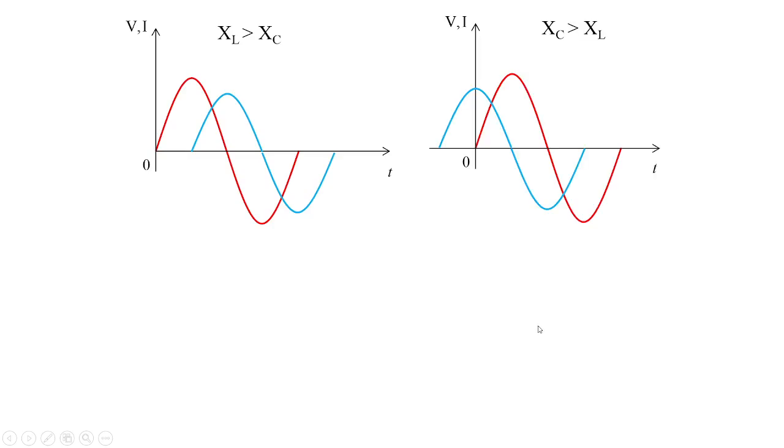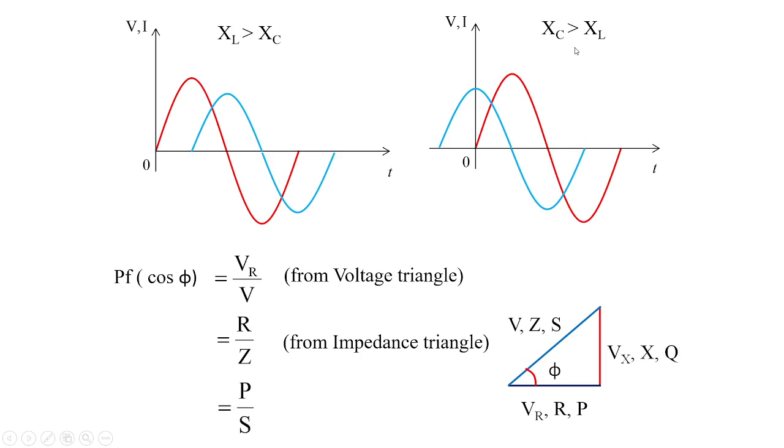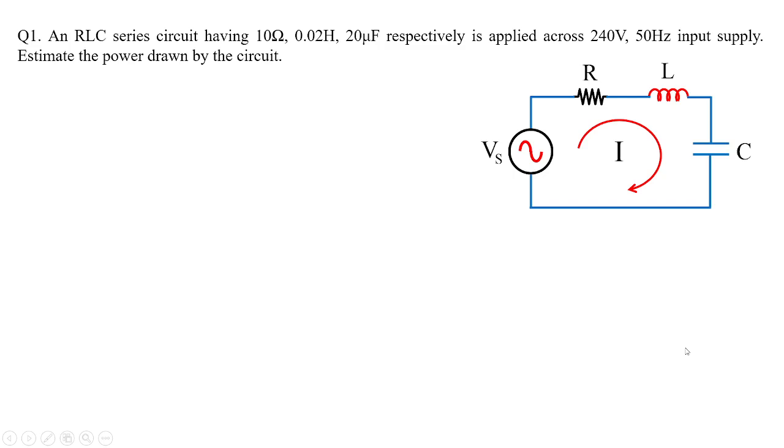And these are the waveforms for inductive reactance greater than the capacitive reactance, and the second waveform is capacitive reactance greater than inductive reactance. So the power factor you can get either from the voltage triangle, or from the impedance triangle, or from the power triangle. So in a general way I have represented all the triangles of voltage, impedance and power in this diagram. So look into a numerical, where you have the values of resistor, inductor and capacitor supplied with 240